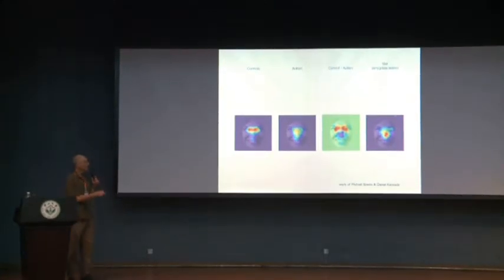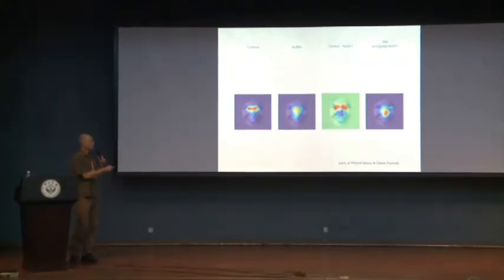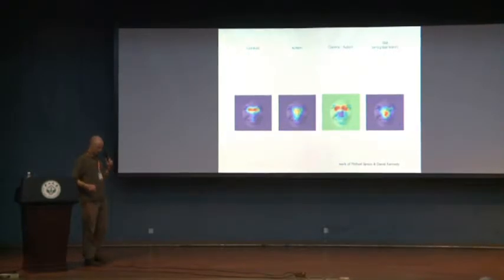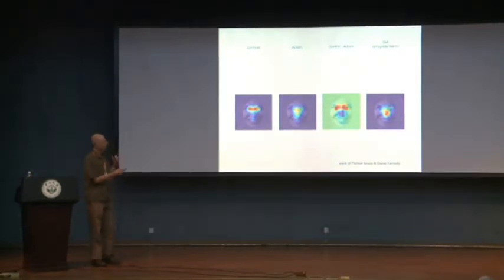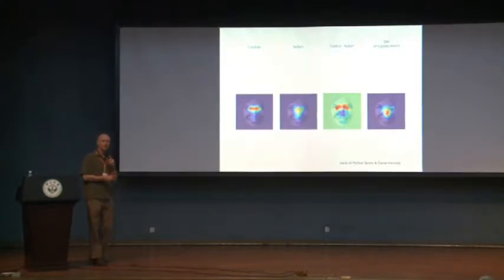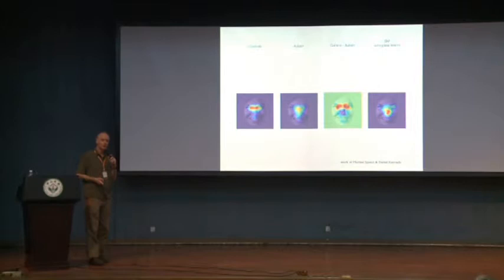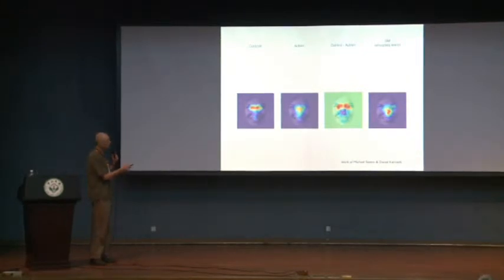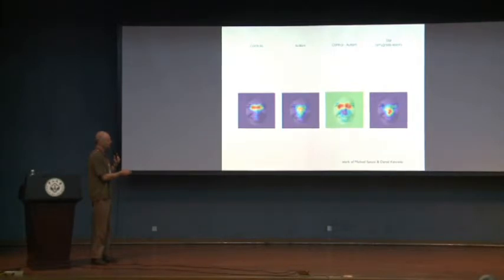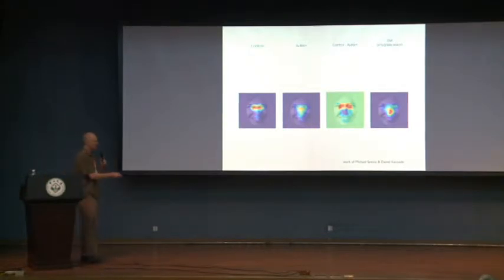And one interesting comparison is a subject that we've been studying for a long time, and I won't show you any more data from her, but this is a subject who has damage to the amygdala, one of these key regions of the social brain, and she's somewhat similar to what you see in autism. Like people with autism, she also doesn't look at the eyes in faces normally. So for some time now, and this is work by 2 people down here who were postdocs in my lab when they did the work.